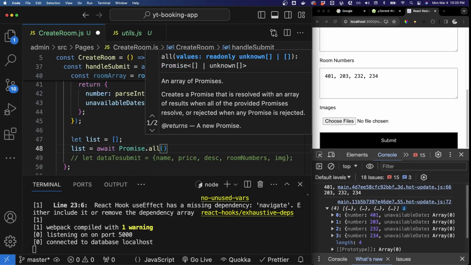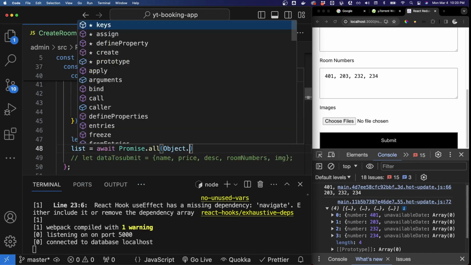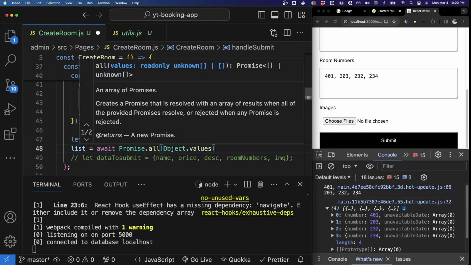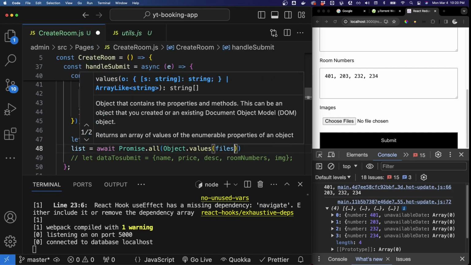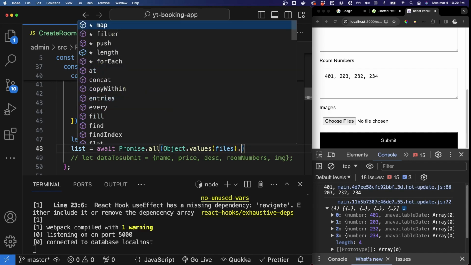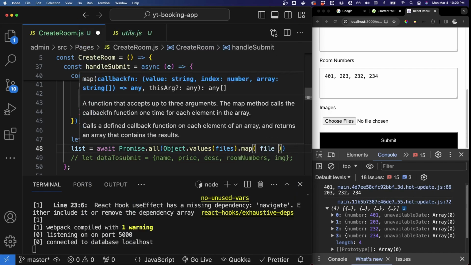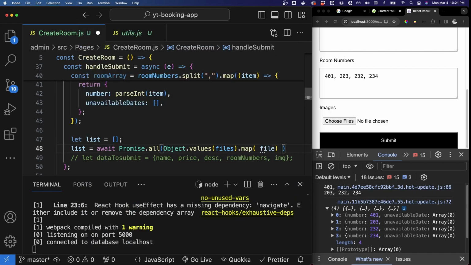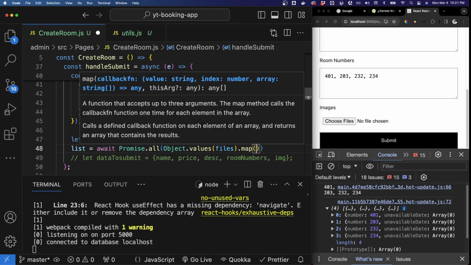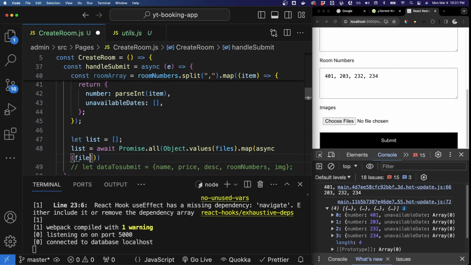We need the Object.values of the files, and from that we will map each file, right? We map on each file,